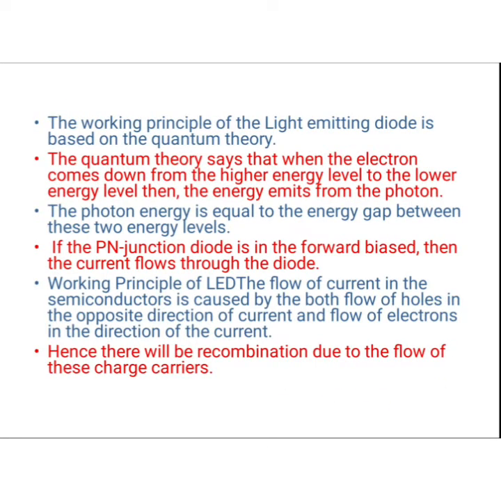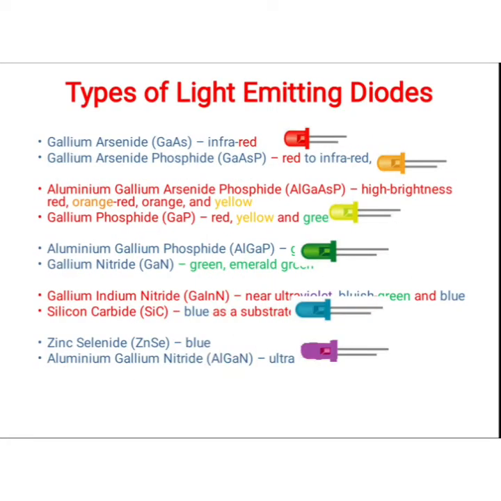So as I told you, this is the principle which I explained here. Now let's see different types of LEDs used here. Gallium arsenide, GaAs, emits infrared, that is red color light, or if the frequency is high we can't see the light. We use this type of LEDs in remote controls for TV as well as for your ACs at home. You'll be using infrared. If it is high frequency we can't see that light. If it is in between, red color light will be glowing.